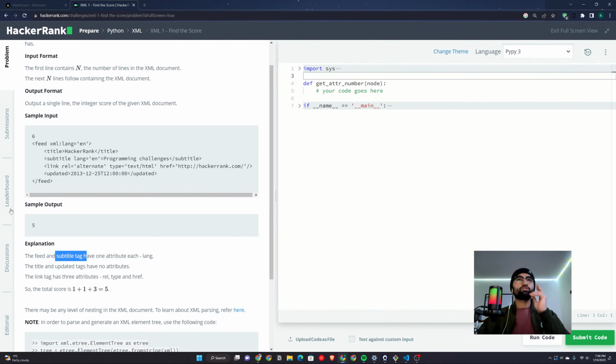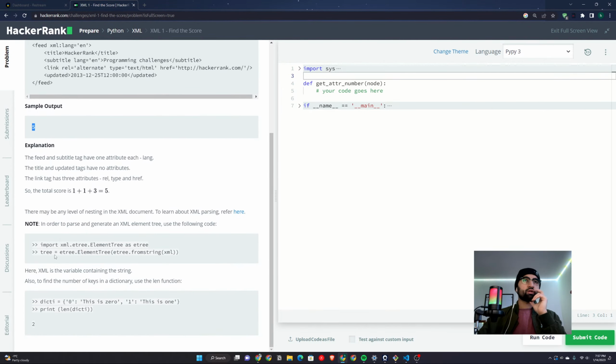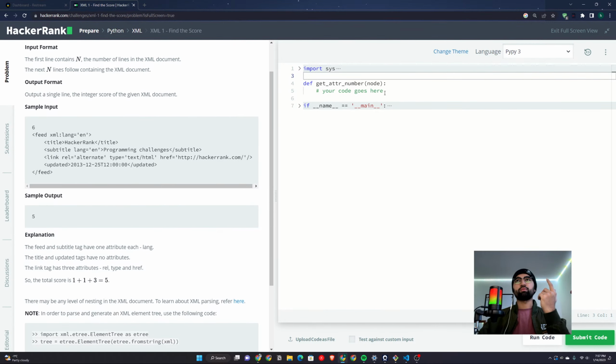So I suppose we have to search for the attributes. We got one over here, then one over here, two, then we have 3, 4 and 5, right? There may be any level of nesting in XML documents. To learn about XML parsing, refer here. I would say we can just search for equal to's in there, maybe, and then we can say, okay, so